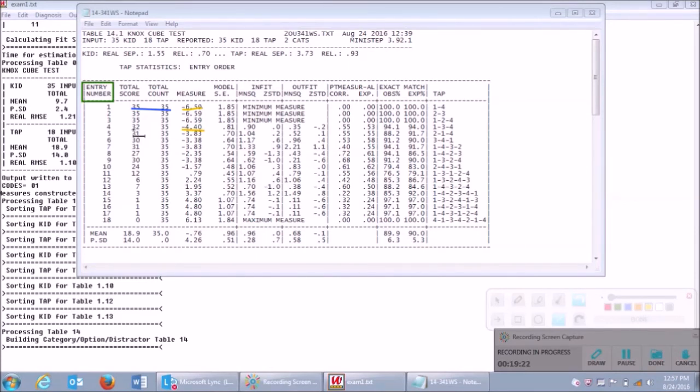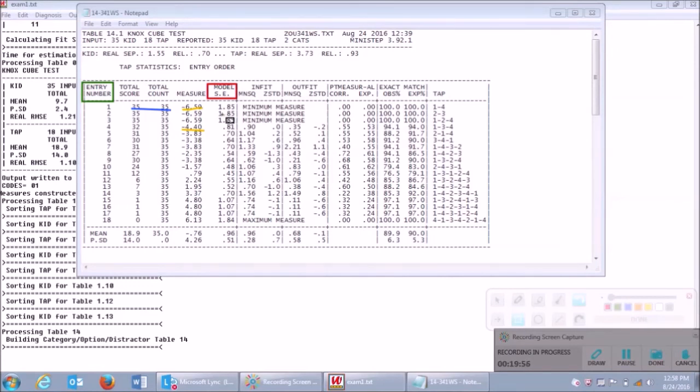Now there is something else in this map. It is the model standard error of measurement. SE stands for standard error of measurement. Let me just highlight and put it in this box here. The lower the standard error of measurement, the higher our confidence in the measures of those items. Why is the standard error of measurement so high here? Because technically it has been so easy that all people